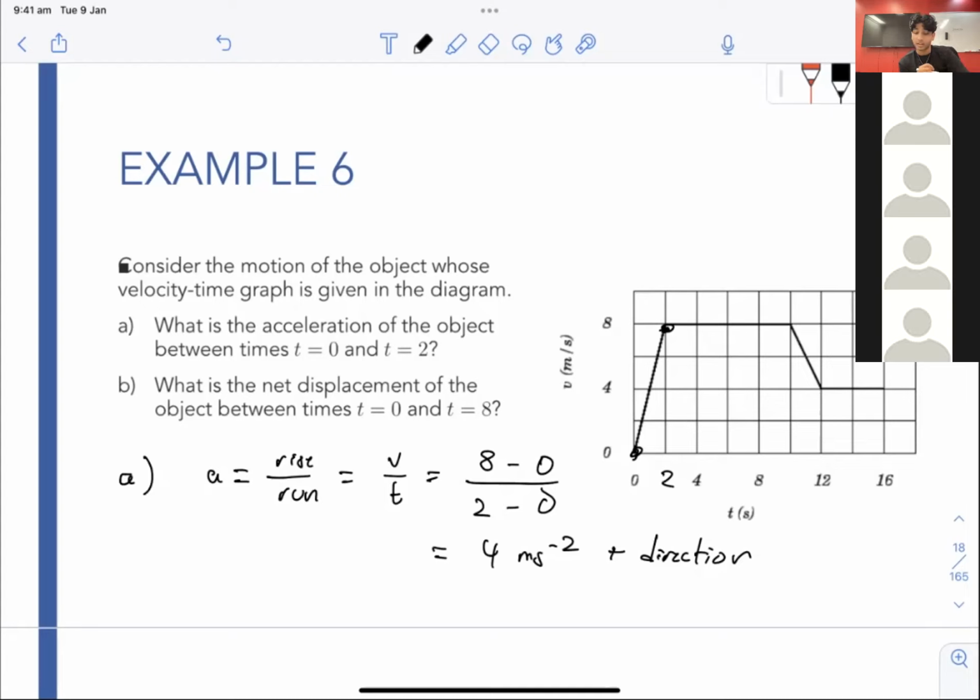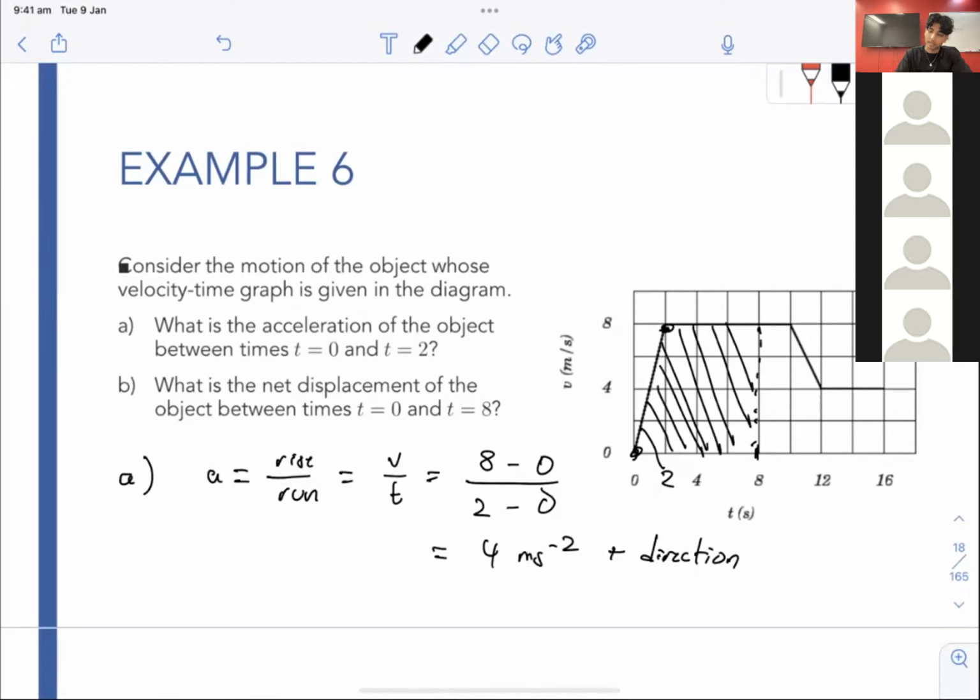So we're using another feature of these graphs here, and that's area under the graph. We know on our velocity time graphs, the gradient is our acceleration, but another feature of the graph we can use is the area under the graph, and that's going to give us our displacement. So the area under a velocity time graph is the net displacement. So between times t equals 0 and t equals 8, here's t equals 8. This area here,